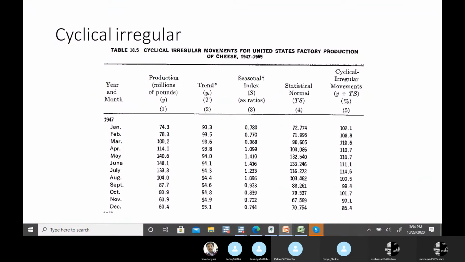Then from trend, from actual data, just divide it by the trend component. And then this ratio of actual data with the trend and seasonal, the remaining part is the cyclical irregular component.